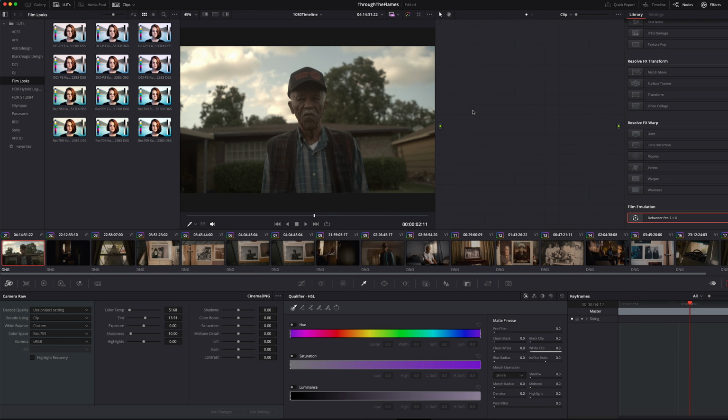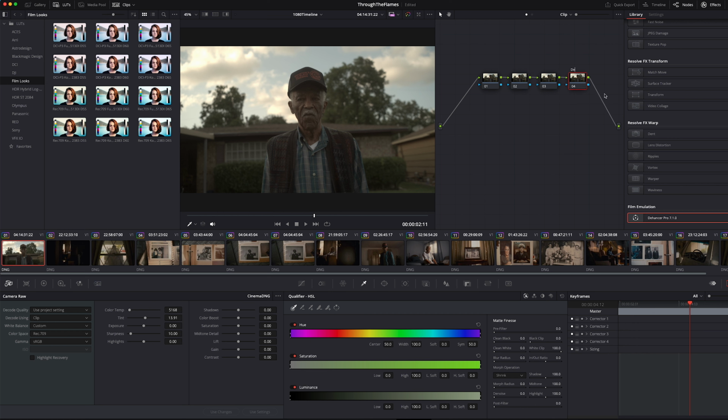So the next thing that I will do is set up my nodes. Now, this is what works for me. This is my workflow. There's no one right way to do things. There may be better ways, there may be more efficient ways, but one right way, I don't think so. And so what I do is I will start with 4 nodes. Those are my primary adjustment, my secondary, my color, and